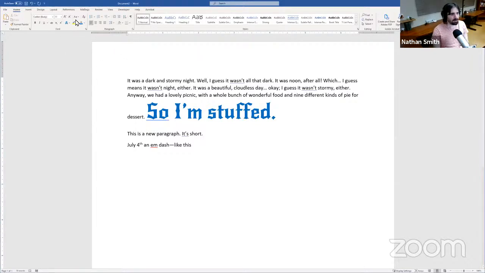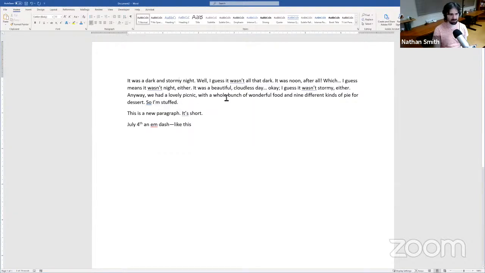All right. So let's talk about these paragraph options here, and then we'll move on to some stuff that's a little bit different. So here in this paragraph area, we've got a few useful options. Actually, you know what? I'm going to clear the formatting here because we need this to blend in more with the rest of the